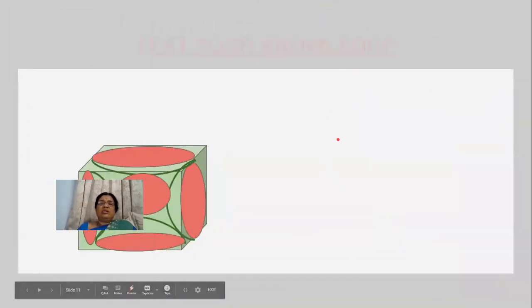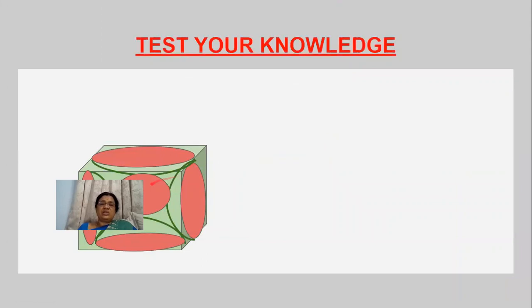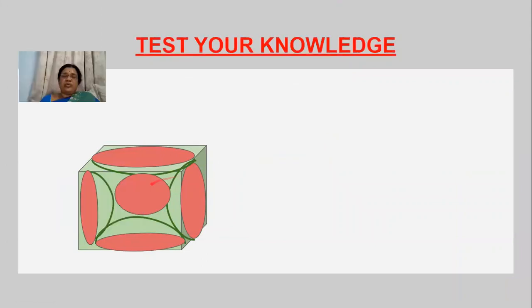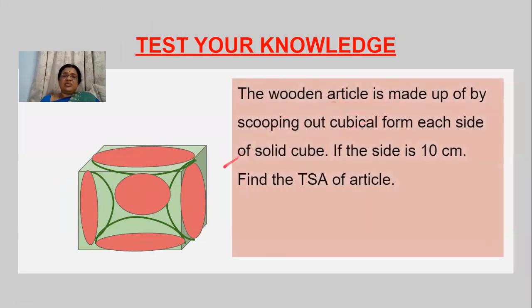So I have given one problem here. Test your knowledge. See here, I have given one problem. Look closely at this newly formed object. See here, a cube is given. This is a wooden article made by scooping a cubical solid on each side. So these are hemispheres. When you scoop into it, these are the holes formed